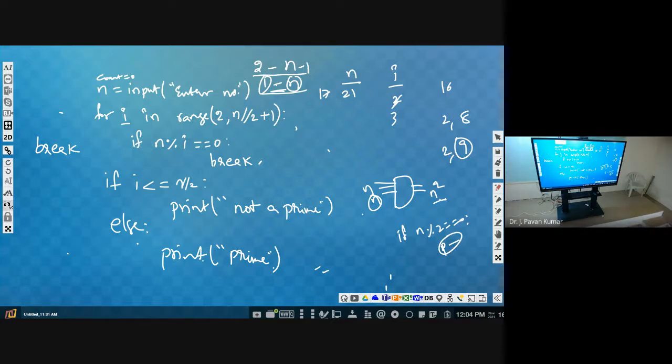What is the input? Then after taking input, if n mod 2 equal to 0, then we will display n square. Okay, fine. Next. Again we have to take input, so n is equal to input. Then again we will check whether it is even or not. If it is even, again we will display n square. Again we will take another number.